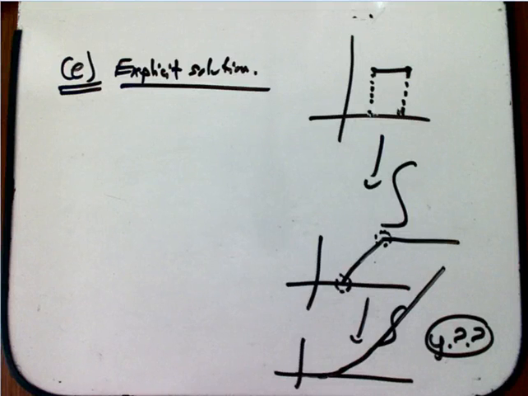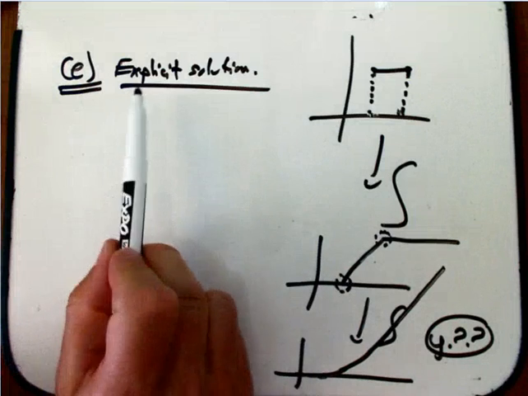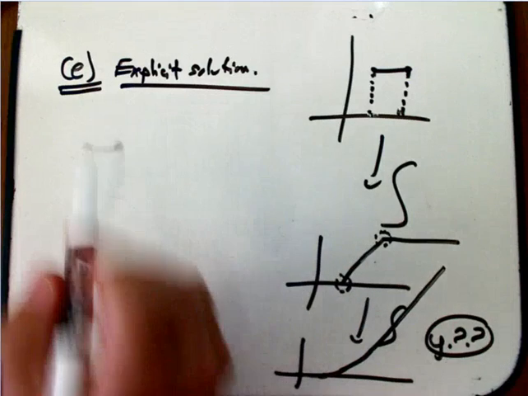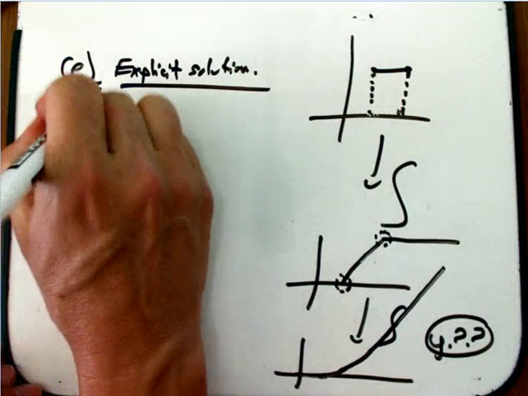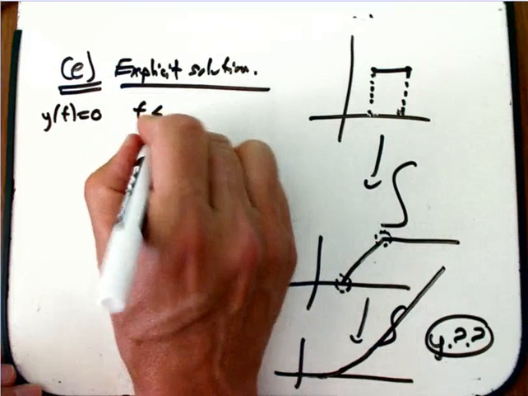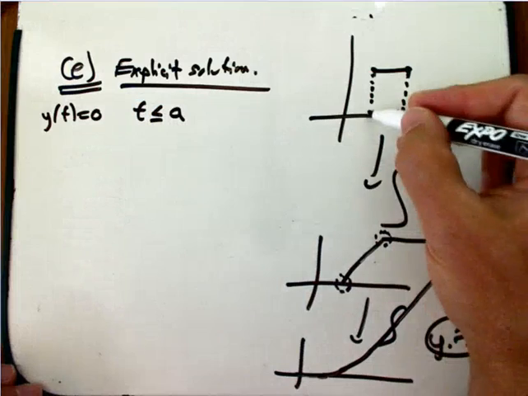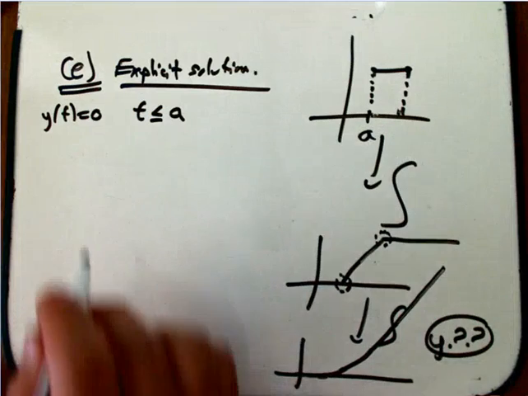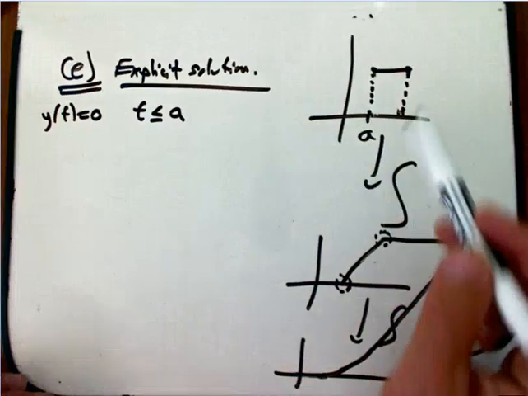So let's start doing an explicit solution, now that we've thought about it qualitatively a little bit. Of course, we've talked already about how y of t equals 0 if t is less than or equal to a. Here's that time a. And so what we can do is just think of it as a new initial condition problem,